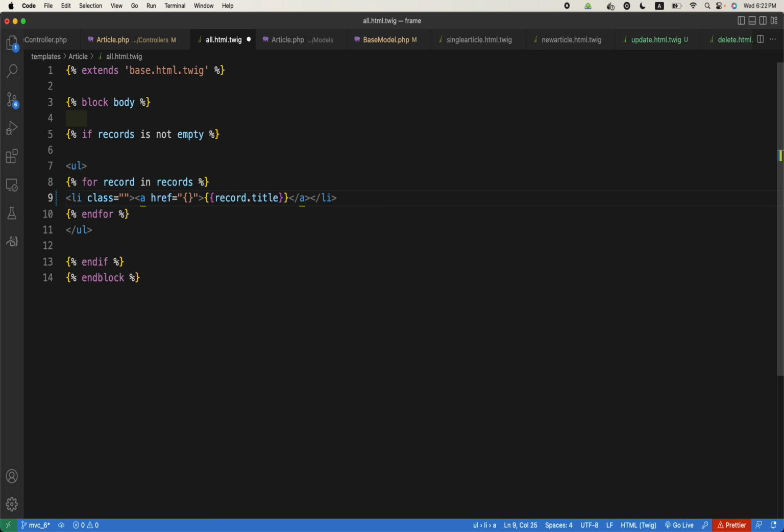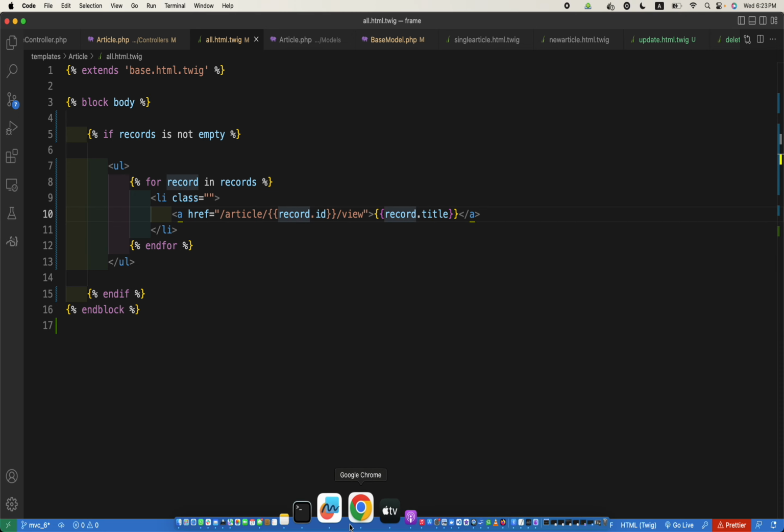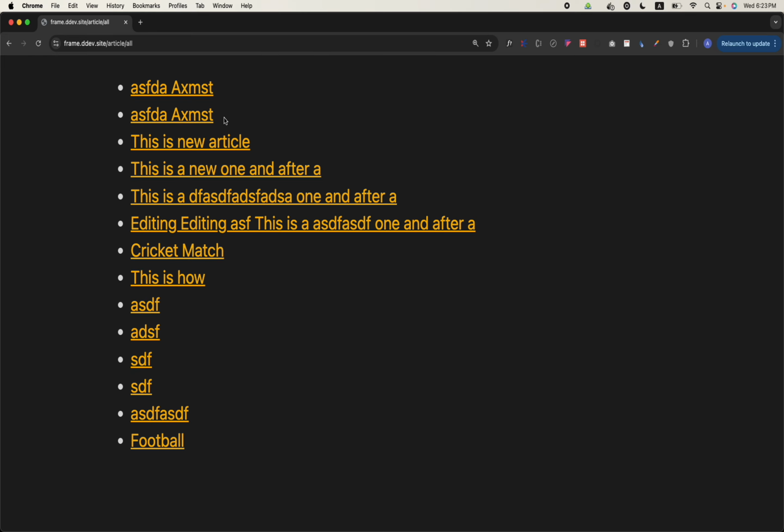This, and should be slash article, sorry, not this, slash article slash, this will be id, and slash view, and here it will be record.id, maybe record.id, right? Record.id. By the way, we should have all these as records from the controller, so that all the values are dynamic, but it's good that we have record already in this one. So if I refresh the page, hopefully it will be some link,